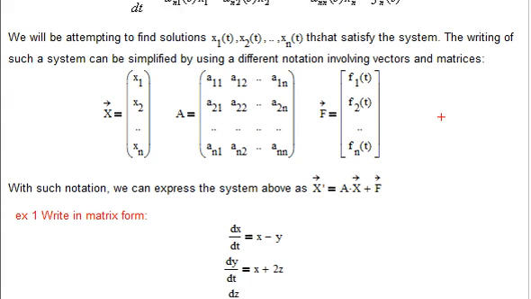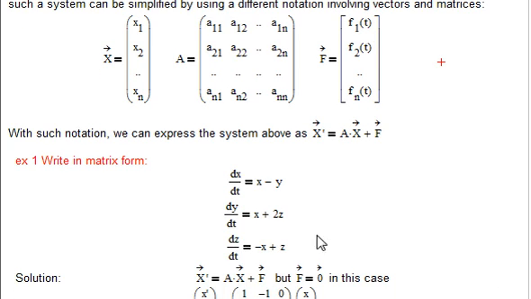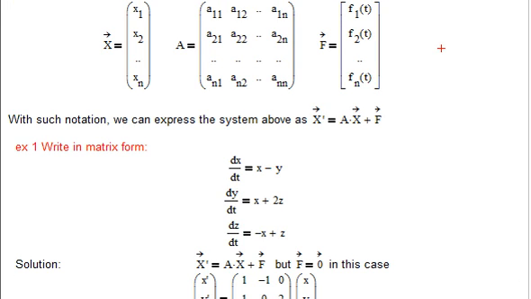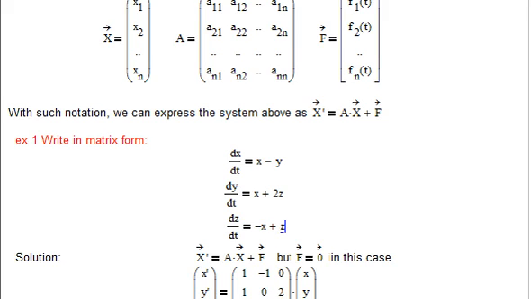So here's an example of what would be called a 3x3 system. 3 equations, 3 unknown functions x, y, and z. So it's a system like this, only in this case the f is the 0 vector because there's nothing added here, here, or here on the other side of the equation. So we can say